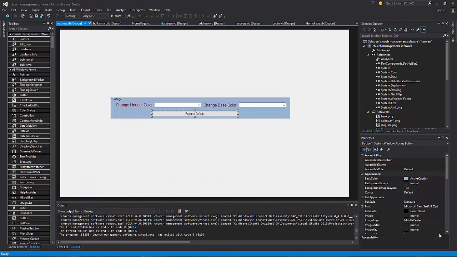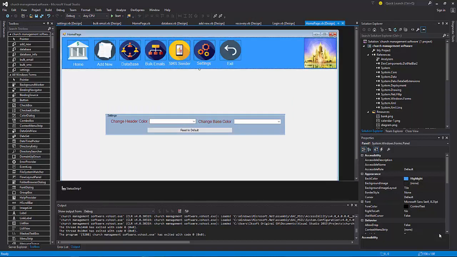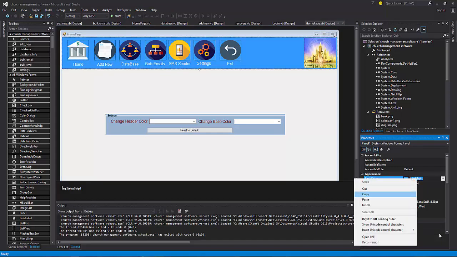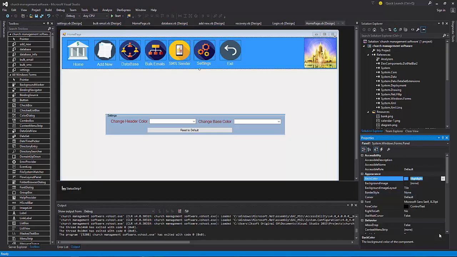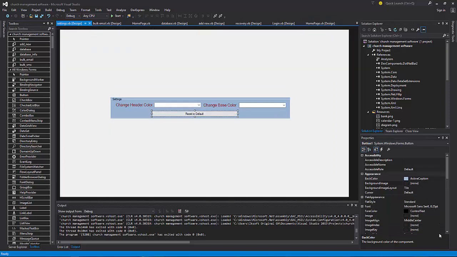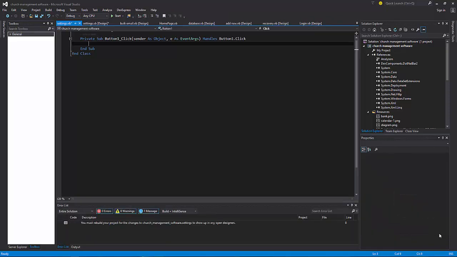When the person clicks on reset, then we will go to the home page, and then we will see this is panel 1. So home page panel 1 text should be highlight blue, highlight, right? So copy the highlight, and then the main form is control, right? So let's go to the settings and double click on the reset. So if the person clicks on the reset, then form 1 dot